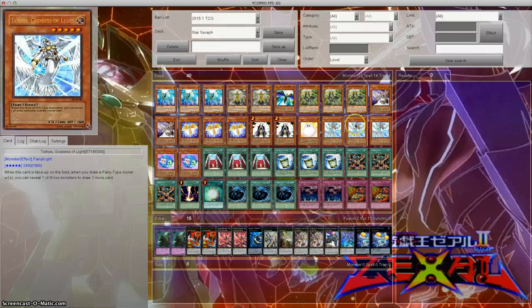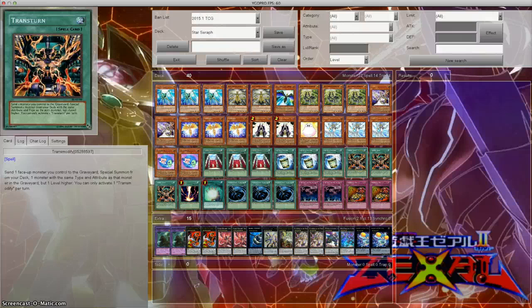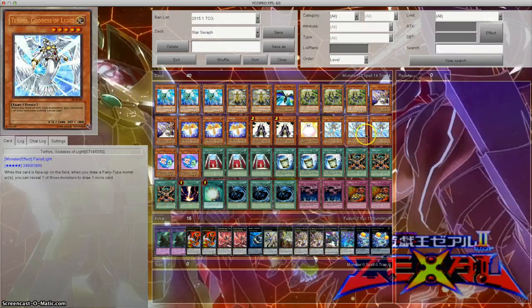We got 3 Tethys. This is your main target for transmogrify, since most of them are level 4s. And also, this card's effect is insane. While it's face up on the field, when you draw a fairy monster, you can reveal one of those monsters to draw 1 more card. This is the draw engine of this deck. You get out a Tethys, you're going to go plus,